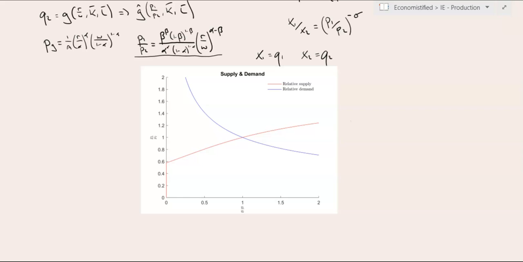Now, the slope of the relative supply curve is determined by the relative factor intensity. So I said here that alpha is greater than beta. If alpha were very close to beta, this relative supply curve would in fact be very flat. We'd have a very elastic relative supply curve. That's because if the price of one good goes up relative to another, because the two goods are relatively similar in the amount of capital and the amount of labor that they require to produce a unit of the good, the firms